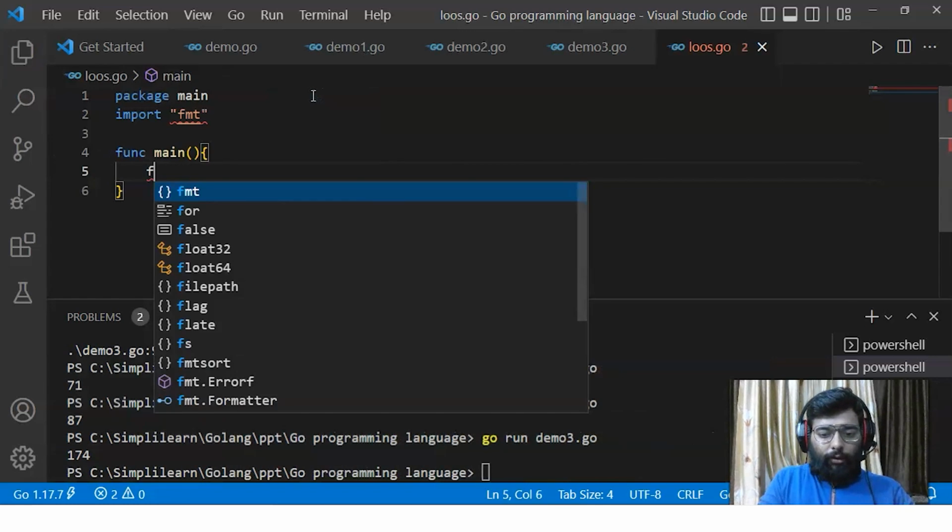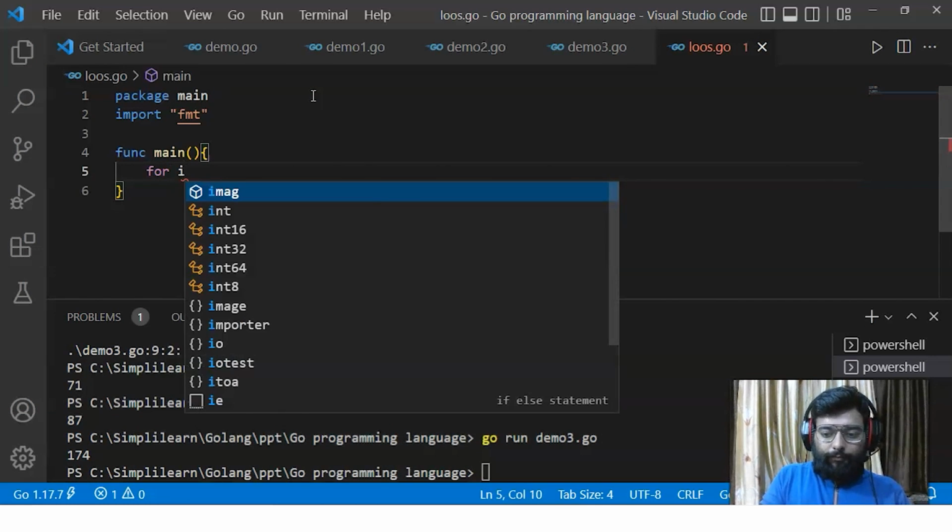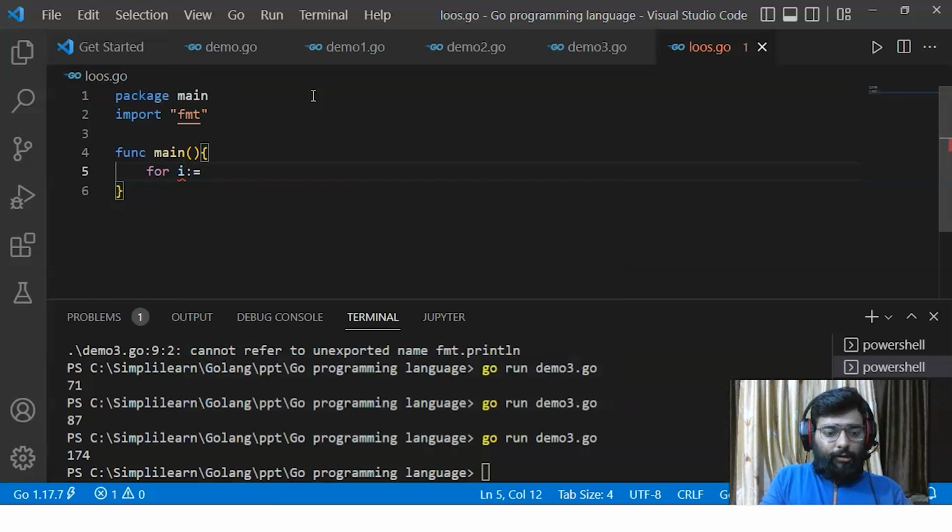For that, we'll start with the loop: for i equal to 1 semicolon, i less than or equal to 10, i plus plus,